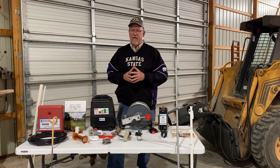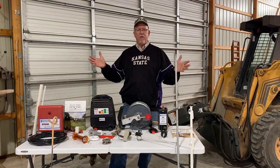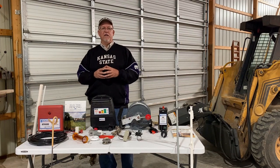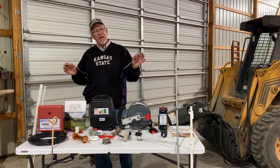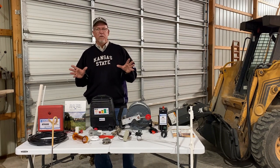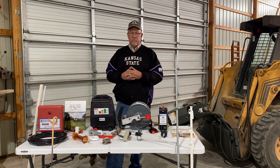The reason is maybe you have your paddocks already set up and you know how many miles of fence you have built. But what happens if we start strip grazing and we start putting more fence out there? Maybe we decide we're going to break the paddocks into 2. You might as well have a charger that's just a little bit bigger and will then fit into the new